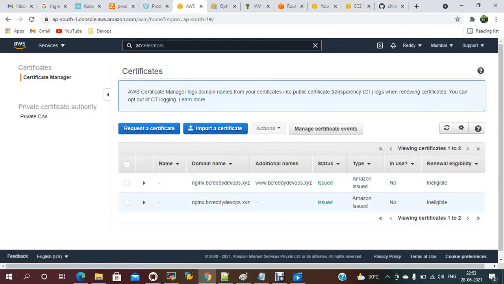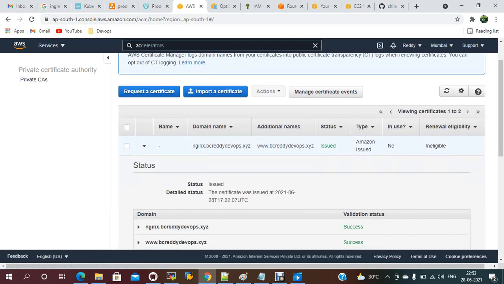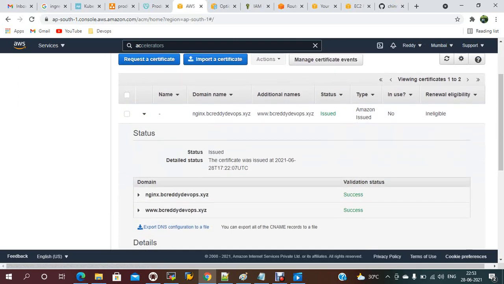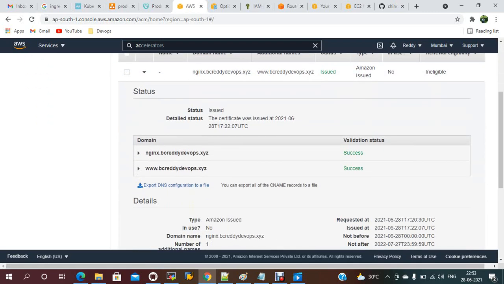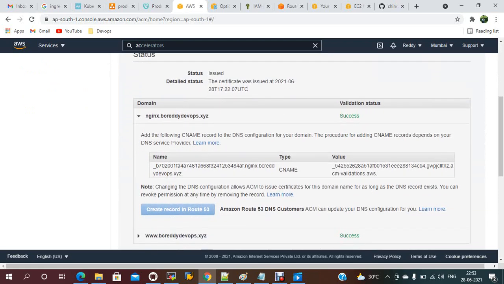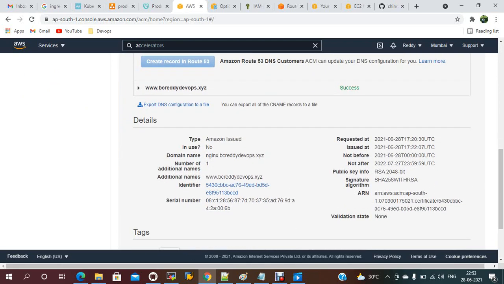If you go here, certificates, certificate ARN, just select this one. You have to add this certificate ARN.